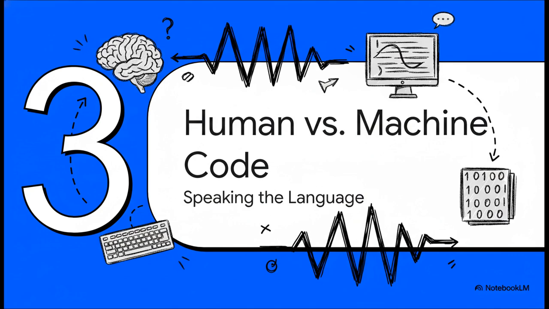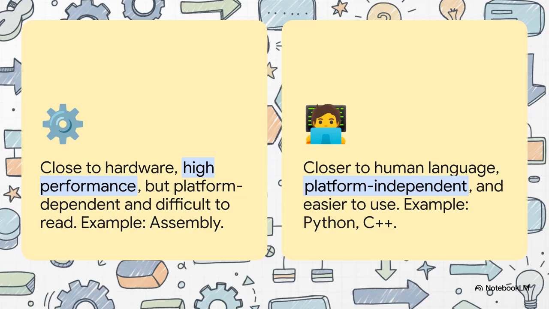Yeah, that word, translation, is everything. Programmers almost never, ever write directly in ones and zeros. I mean, can you imagine? Instead, we use programming languages that act as a bridge between how our human brains think and how the computer's circuits work. And there are different kinds of these languages. On one side, you've got low-level languages like assembly. They're super close to the metal, which makes them incredibly fast, but they're also really hard to read and write. On the other side, you've got high-level languages like Python or C++. These are much closer to plain English. They're way easier to use, but all that convenience means they can be a tiny bit slower.